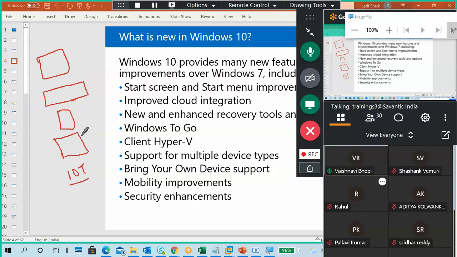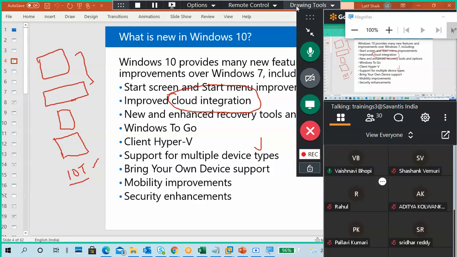Maybe same OS, but for mobile phone, mobile OS, tablet related. Tablet, laptop and desktop, normal Windows 10. IoT Windows 10 is there. And of course, because of this cloud integration, we can sync the data for every device also.